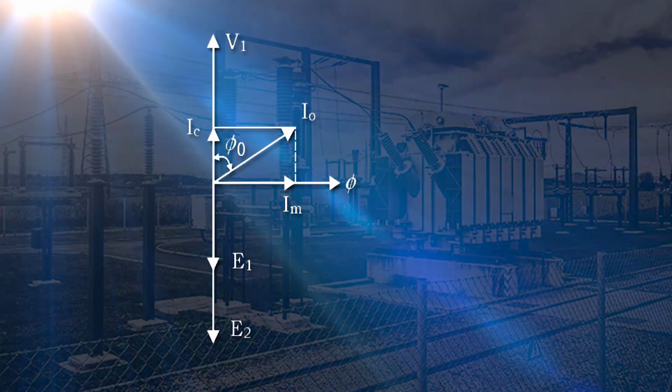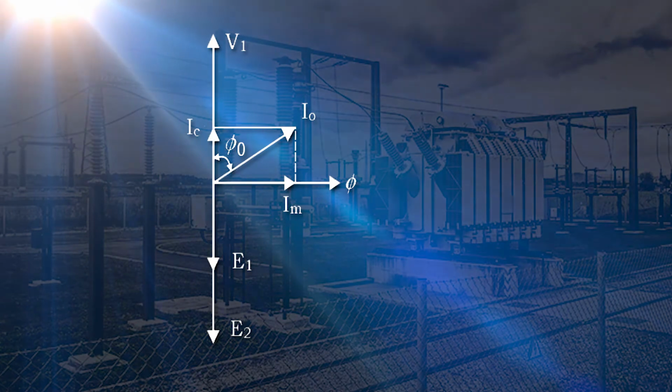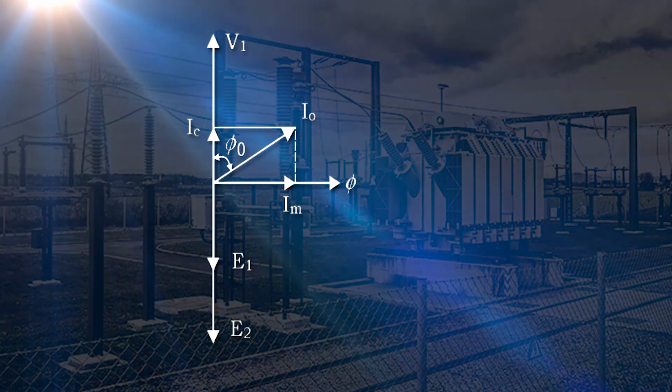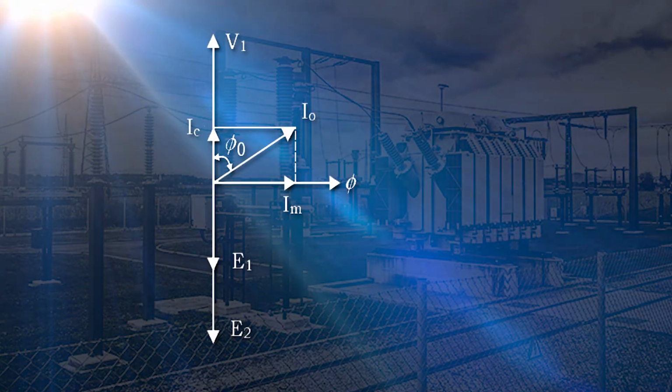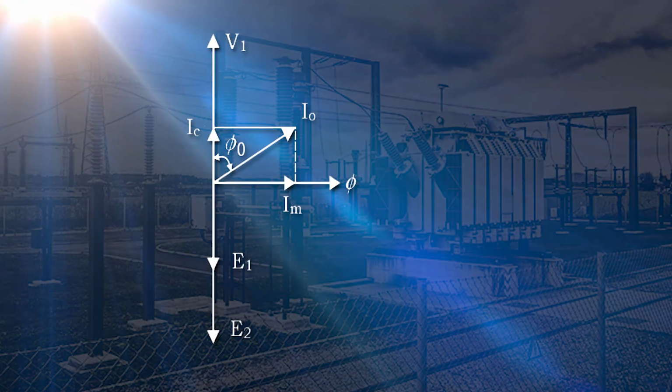This phi lags the voltage V1 by 90 degrees. As you know, phi is equal to phi m sin omega t, and due to this flux, one EMF is induced, that is E1. This E1 lags by 90 degrees with respect to the flux, and the supply voltage V1 is just opposite to E1, that is V1 is equal to minus E1. So this V1 will be reflected on the vertical axis just opposite to E1.